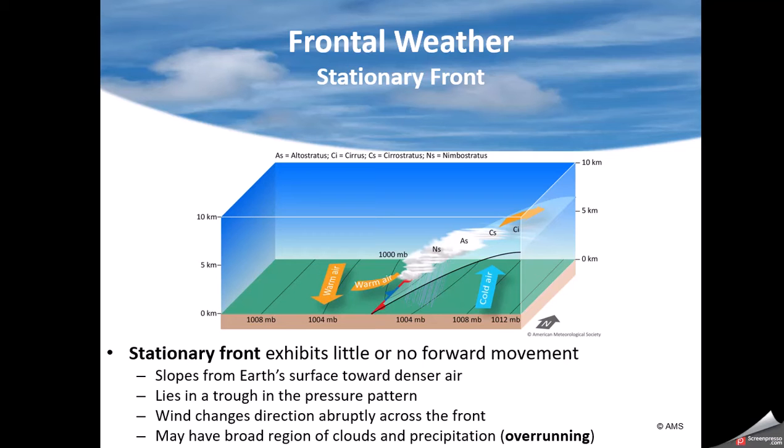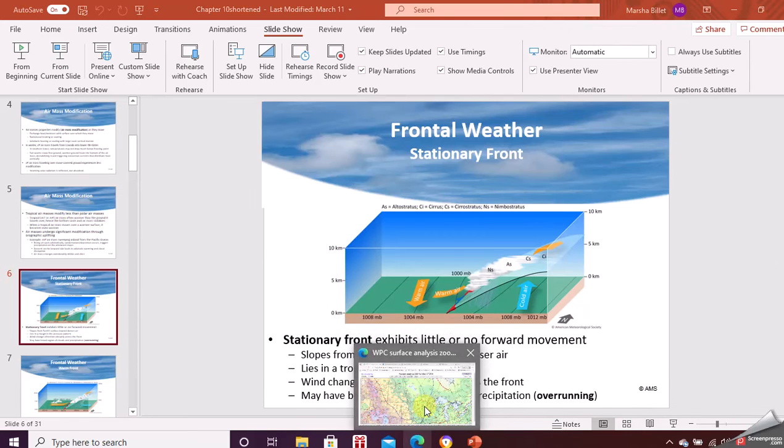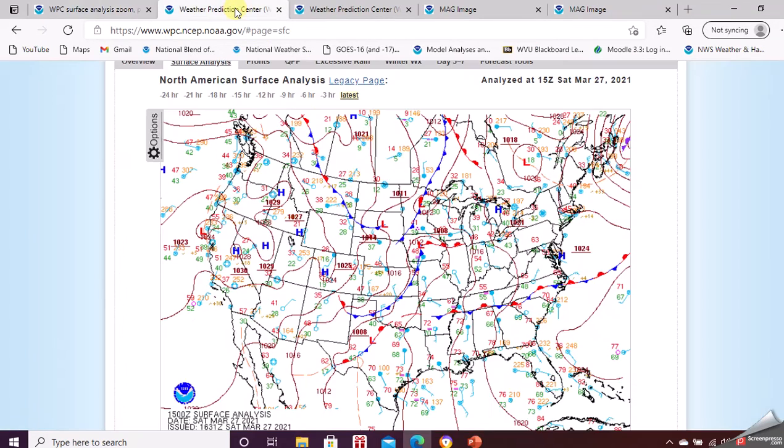Stationary front. So with that, let's take a look at a stationary front right now. As a matter of fact, if you look at the current weather map, we have a stationary front right across the southern Tennessee border, the Carolinas. It's not moving at all. To the south of that is very much a maritime tropical air mass. To the north is remnants of a continental polar air mass. So there's a contrast of air masses again between the two.